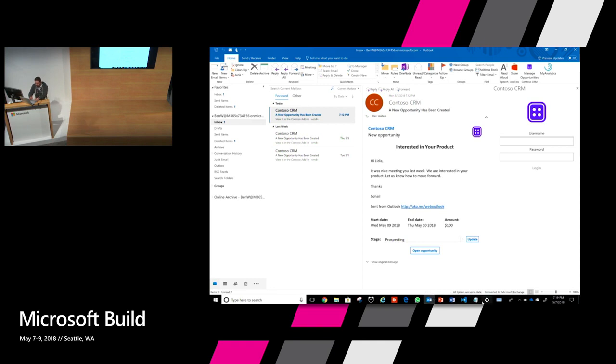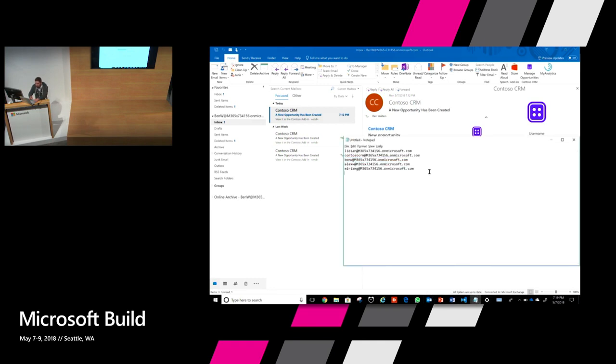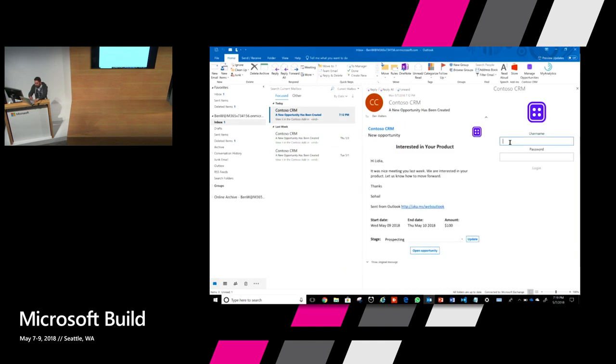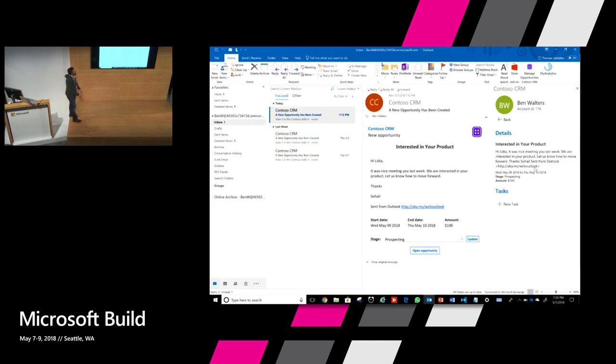So I'll just go and give my ID there. I click login, and there you go. It took me straight to the opportunity that was there, and then Ben can work on this opportunity right from here.